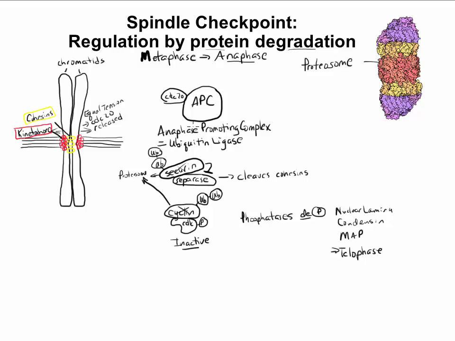So anaphase promoting complex does promote the onset of anaphase by causing the cleavage of cohesins by targeting the securin protein for degradation, but it also is responsible for triggering the onset of telophase by inactivating the cyclin CDK complex that was responsible for holding this cell in mitosis.